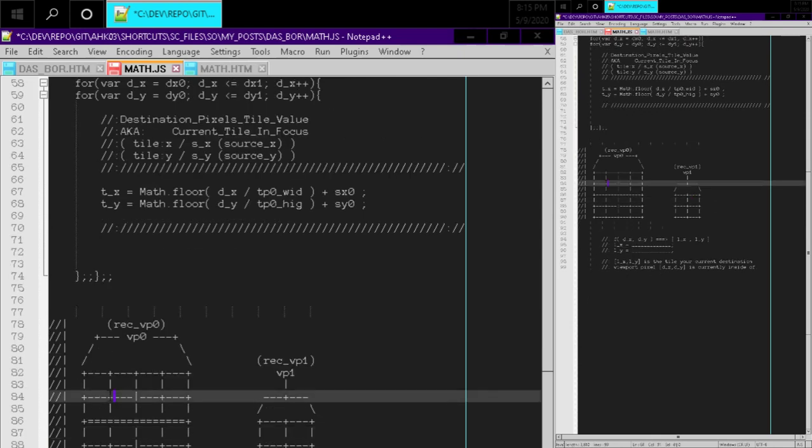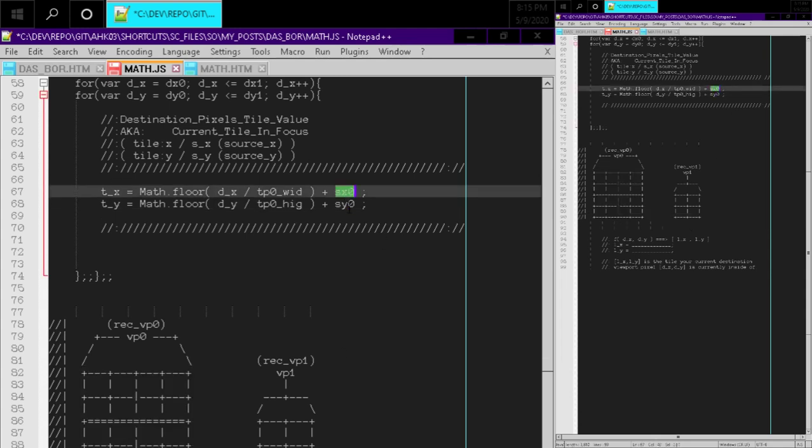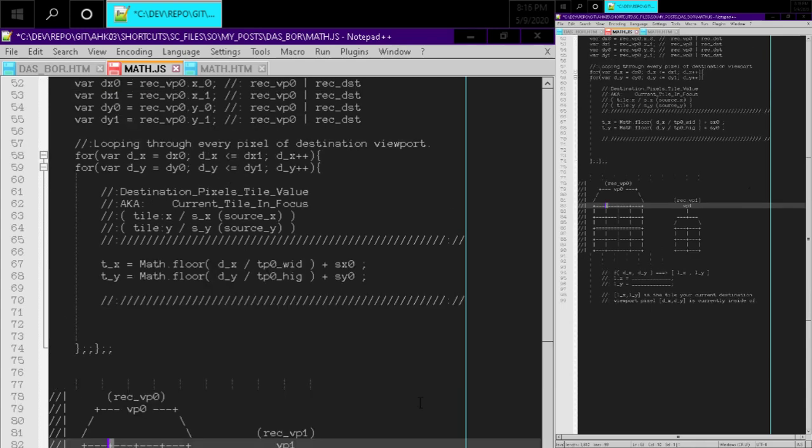And now we have to think about, okay, well, what if this viewport moves? How is that going to affect the formula? Are we just gonna add or subtract this value, or is there something more here that I might be missing? And my thought is, okay, if we're over here, but the viewport starts here, and the dx and